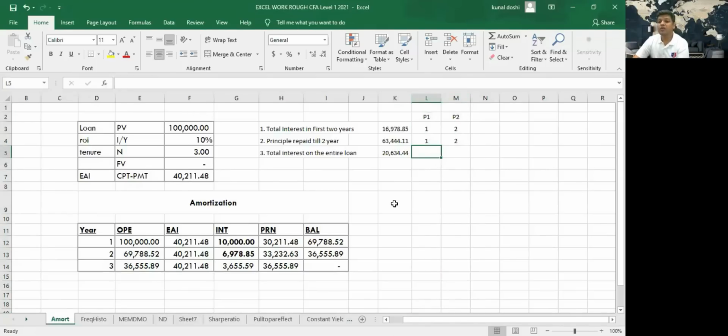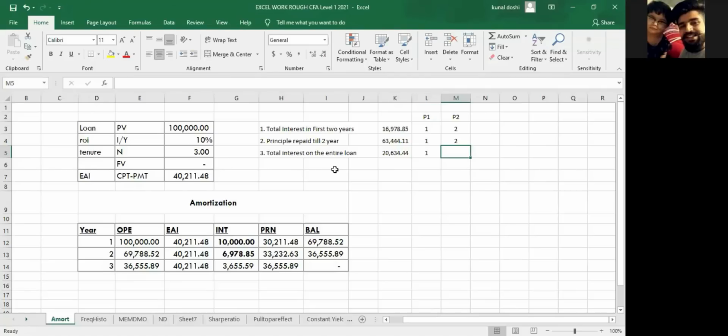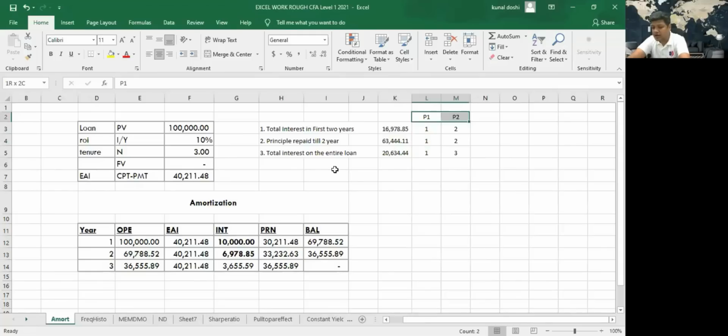So if I wanted to find total interest in the entire loan, what should I do? What should I set my P1 as? P1 should be 1. Yes. What should be my P2? Yes. Period of the loan, tenure of the loan. Yes, that is 3 in this case. Very good. So now when you press second amount, that is second PV again,